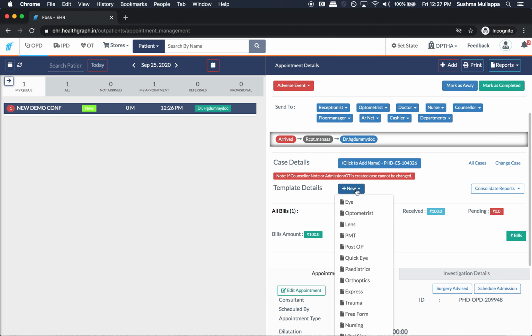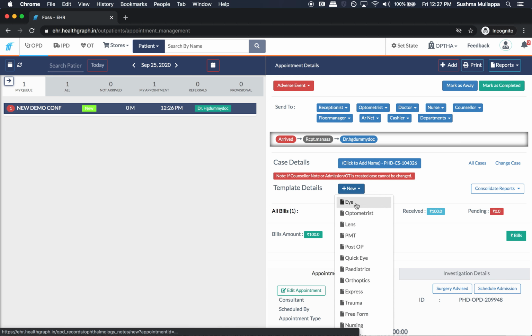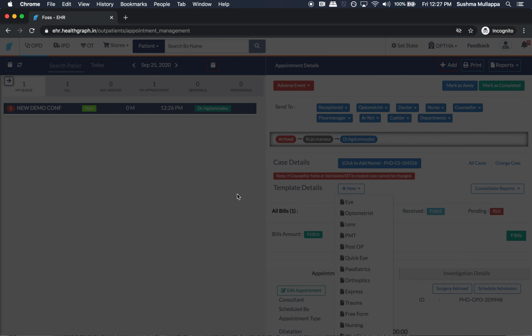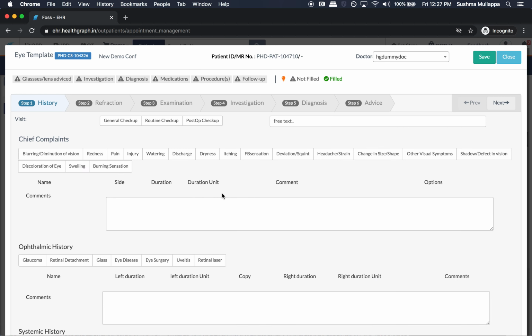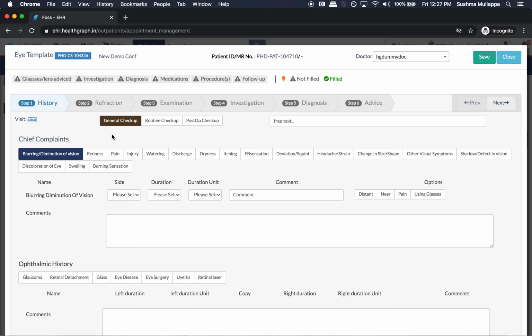The doctor will start the examination of the patient. So the doctor will click this particular template and will open up the examination window. Now here I'm mostly clicking and not typing. So I'm typing: patient is here for general checkup and has a blurring diminution of vision from past 3 weeks.